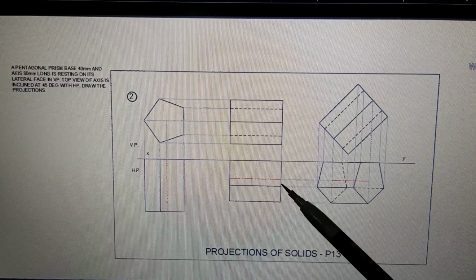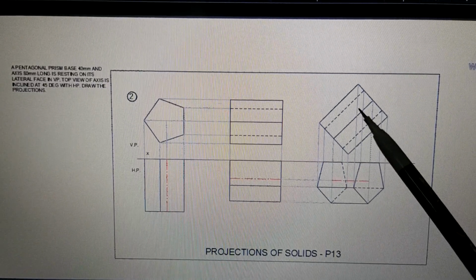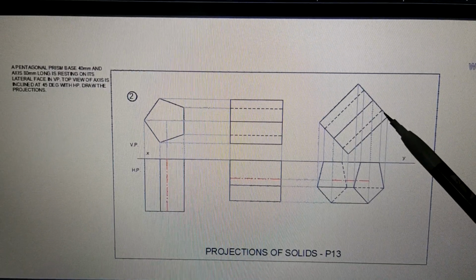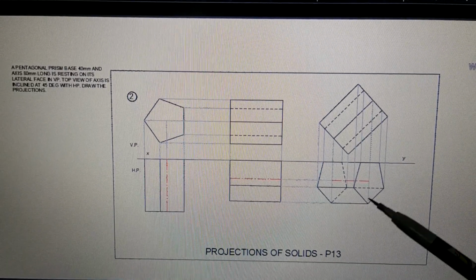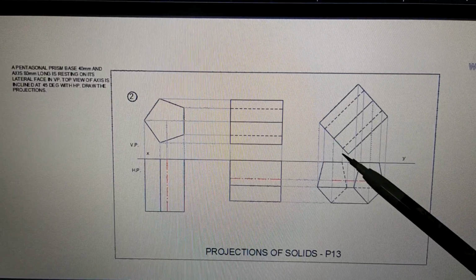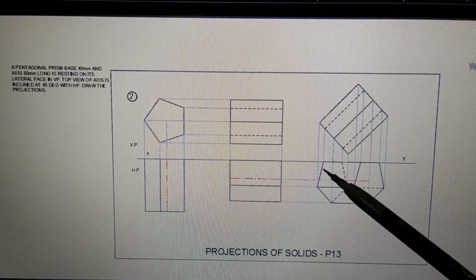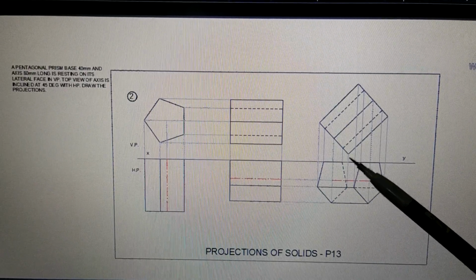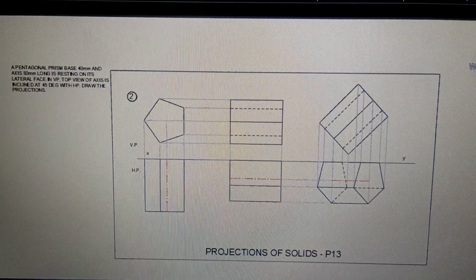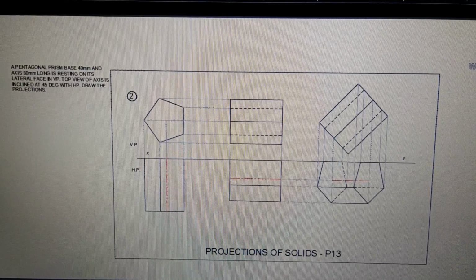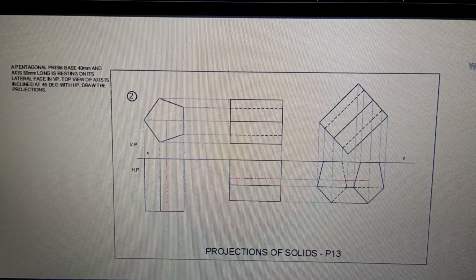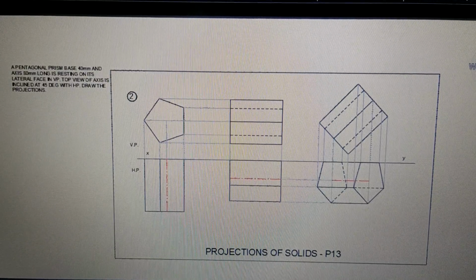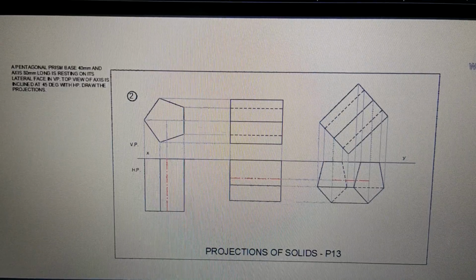So once you match all the points, then for this pentagonal prism, when you see from top, this will be the top view where this pentagonal surface is seen. And this pentagonal surface which is going below is seen only by the outline, but these lines will not be seen. Therefore, this will be the figure. So that is problem number 2 which we have seen. Now let us have a look at the next problem, that is problem number 3.